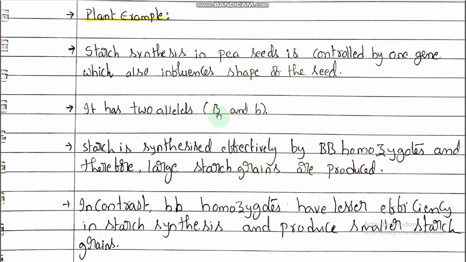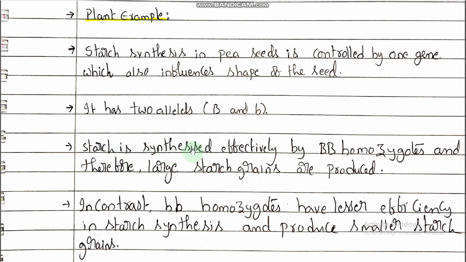So in the alleles, capital B is presented, small b is presented, and capital B small b is also presented. Homozygous and heterozygous: homozygous dominant, homozygous recessive, where both are recessive, and heterozygous dominant, right?